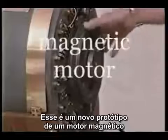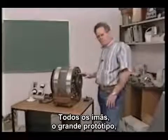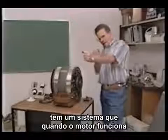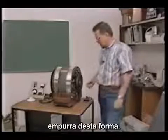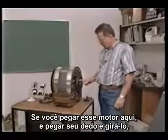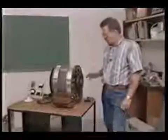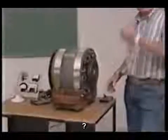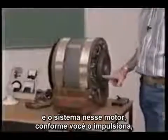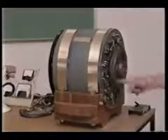And it does work. This is a new prototype of the magnetic motor, and if I can explain a little bit about what you call a magnetic field. All magnets, the big old wooden prototype, has a system. As the motor went over, it had a tension to jerk over like that. If you take this motor here and you take your finger and rotate it, it doesn't have that jerking in it. So what I've done, I got rid of the crankshaft. I've got rid of the injectors, and the system in this motor here, as you crank this motor up, and like you do the other one,